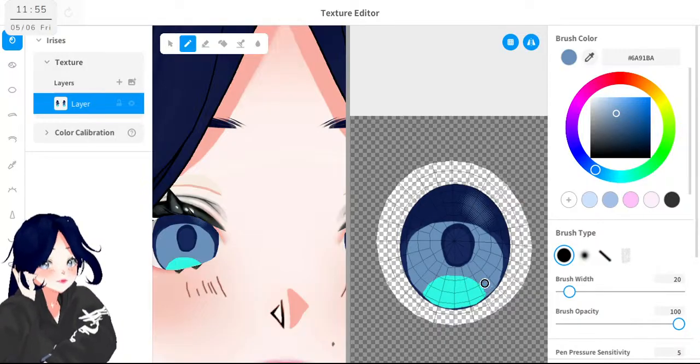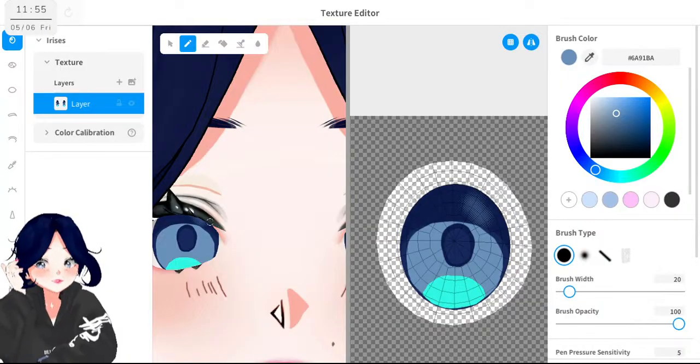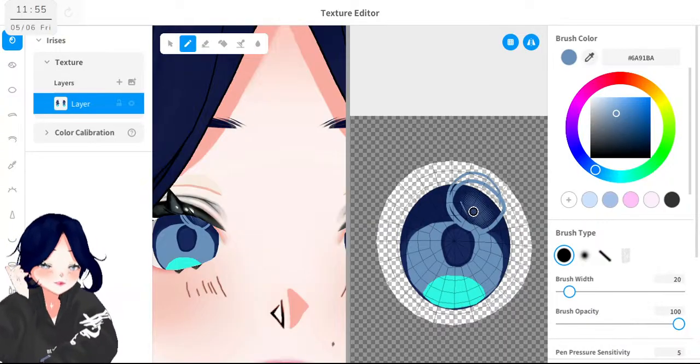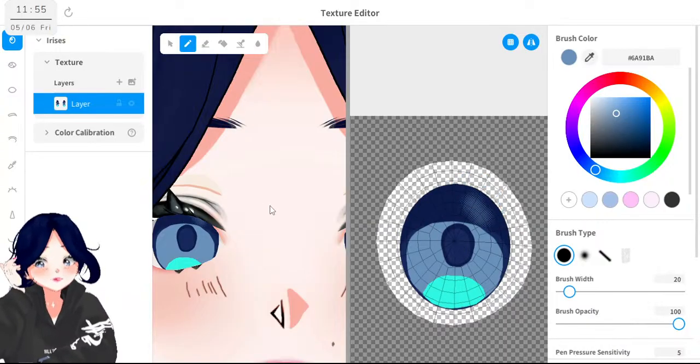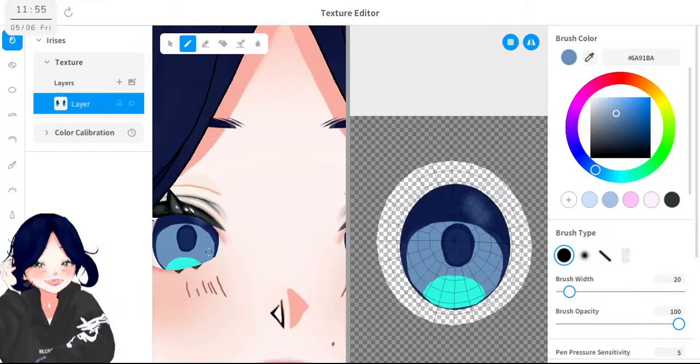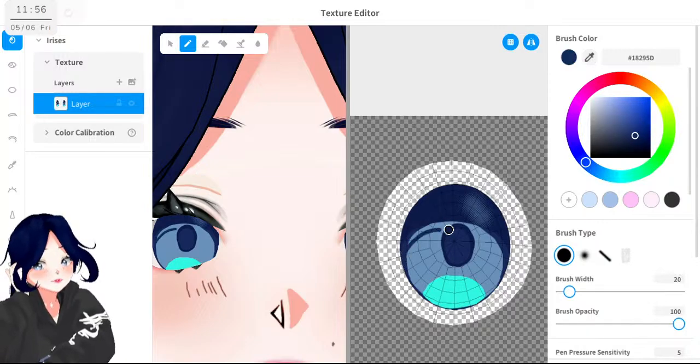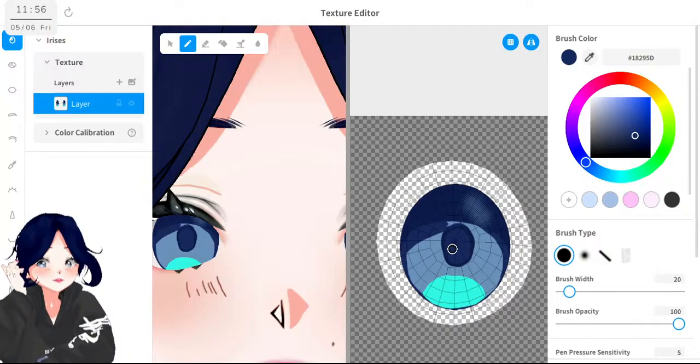I think I will leave the one on top of here, because I like how that one looks. And now here, how do we make it a little more detailed? Because I think it's looking a little empty here, and I'm not sure about that one.